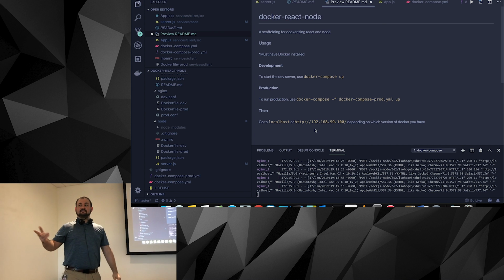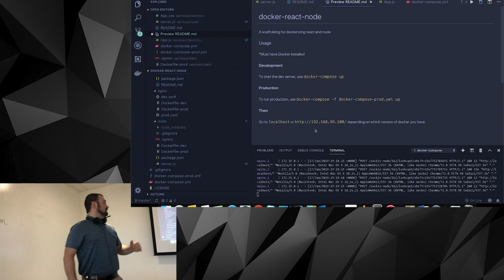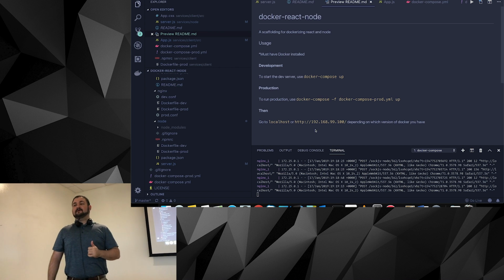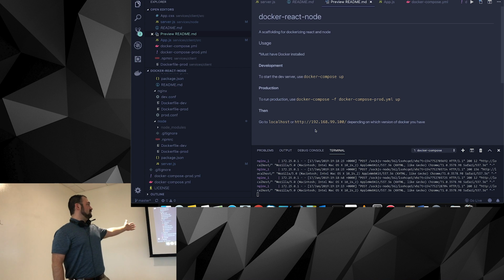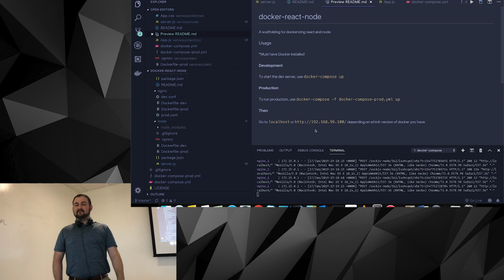So back to Ken, if you wanted to do a test environment, right? Let's say we want to do all the same things that production's doing, but we want to mount in some dummy data. Now we could have a third Docker Compose file to spin up that scenario and maybe run some automated commands on that and run our tests.